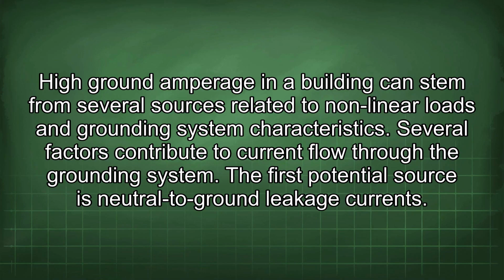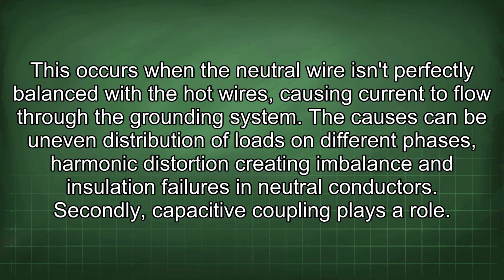High ground amperage in a building can stem from several sources related to nonlinear loads and grounding system characteristics. Several factors contribute to current flow through the grounding system. The first potential source is neutral to ground leakage currents. This occurs when the neutral wire isn't perfectly balanced with the hot wires, causing current to flow through the grounding system. The causes can be uneven distribution of loads on different phases, harmonic distortion creating imbalance, and insulation failures in